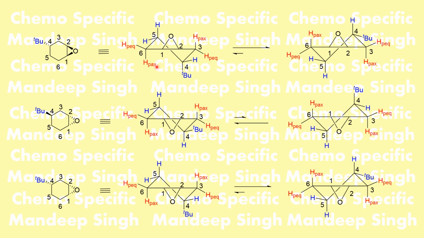वाली नंबरिंग की है। सो व्हाट डू वी वांट, द टर्शियरी बुटाइल ग्रुप इज गोइंग बिहाइंड द प्लेन। सो इफ आई एम व्यूइंग फ्रॉम द टॉप, आई कैन क्लियरली सी दिस इपॉक्साइड इज कमिंग आउट ऑफ द प्लेन एंड टर्शियरी बुटाइल इज गोइंग बिहाइंड द प्लेन। एंड इन द अदर कन्फॉर्मर जो इसका पॉसिबल है, इन दैट दिस इज द अदर कन्फॉर्मर, यहाँ पर एक्सियल पे है, तो इस वाले कन्फॉर्मर में दिस कैन बी एट द इक्वेटोरियल। सो आई कैन क्लियरली सी, अगर मैं ऊपर से देखूंगा तो दिस हाइड्रोजन इज कमिंग आउट ऑफ द प्लेन एंड दिस इज गोइंग बिहाइंड द प्लेन। सो इट इज दिस पर्टिकुलर कन्फॉर्मर इन विच इट इज गोइंग टू एग्जिस्ट।